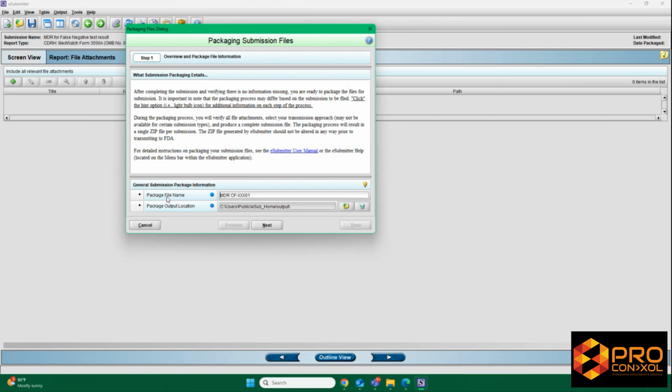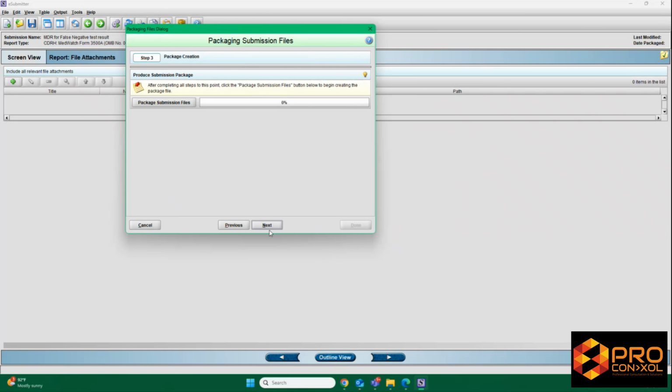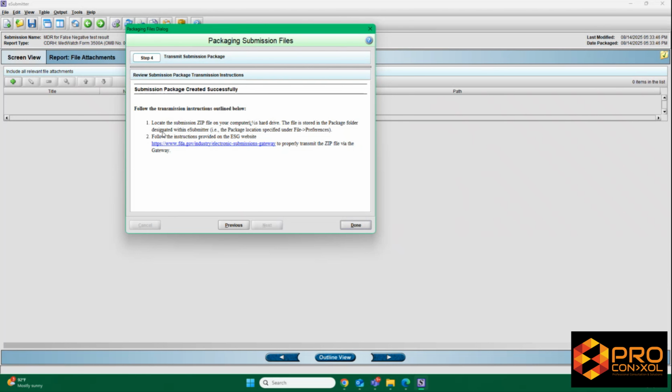From here, we will provide a file name, and we will also select a package output location. We have to remember the output location to find the package that will be exported from this eSubmitter. So we'll hit next. And you can see the status complete, and hit next again. And here's the confirmation of submission package created successfully. Then, as you remember, the URL link or the folder location, we'll go back to that folder and find